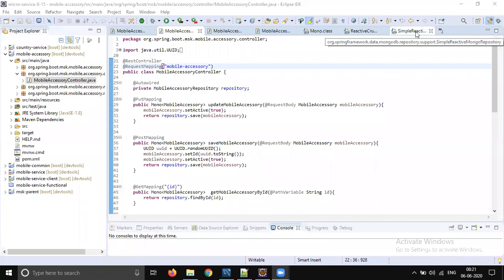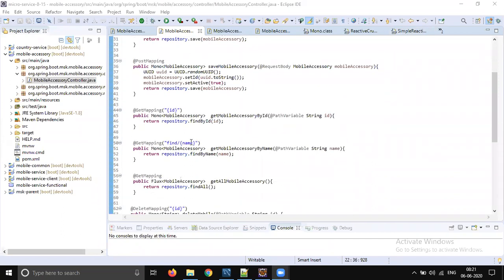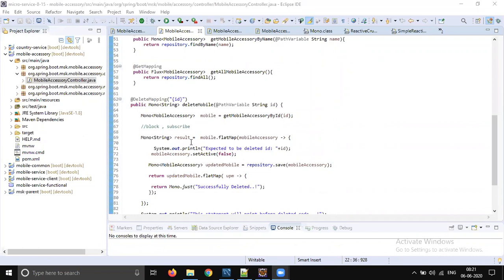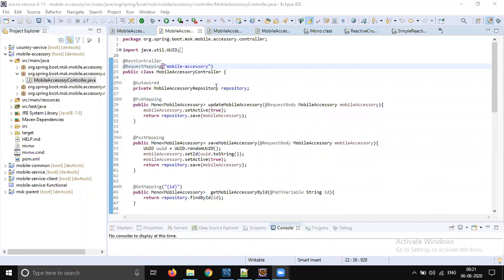So yesterday we completed writing endpoints, right? Retrieving the data, updating the data, saving the data, and deleting the data, right? So till that we have completed. So let's add some of the common functionality.